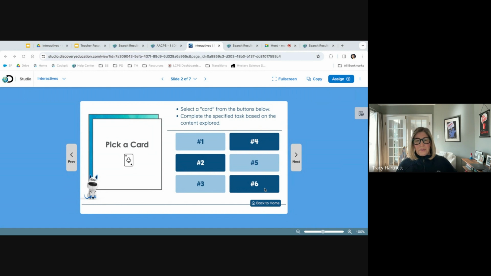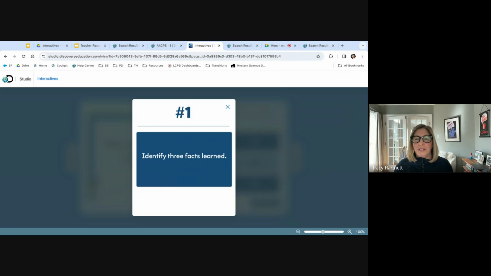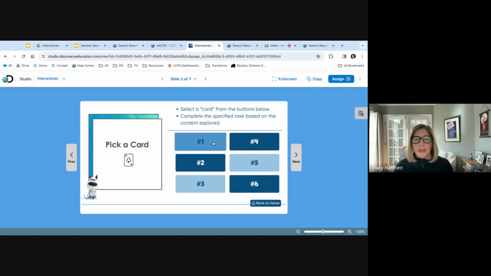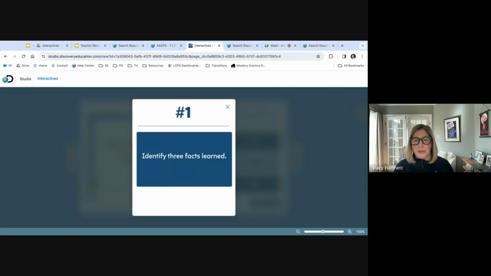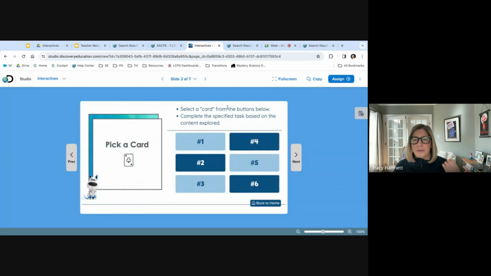All right, so thank you so much for exploring and taking the time to do so. We're going to go into breakout rooms for a couple minutes to debrief. Before we did that, I wanted you to see, in case you missed it, how to click on all of the cards and how that works. I love this feature in Studio that we can have things that look like paper cards pop up as a window for kiddos. So just in case you were wondering, when we talked about the pick a card strategy,